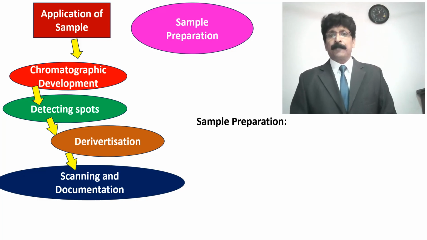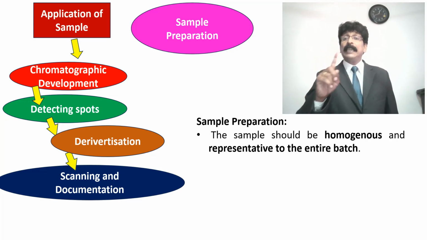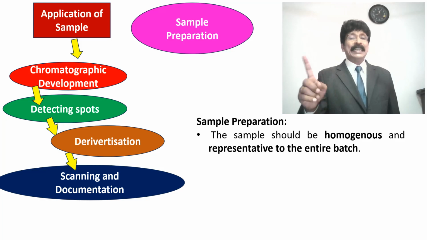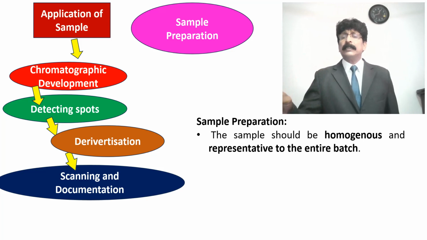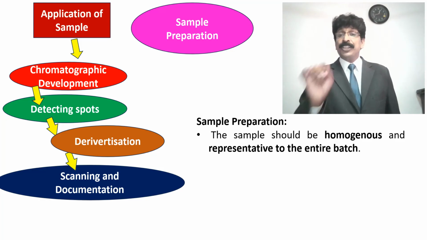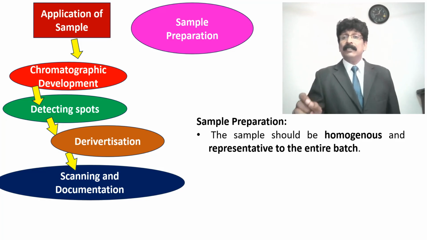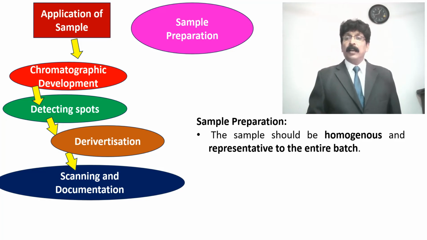scanning and documentation. Sample preparation: the sample should be homogeneous and representative of the entire batch. You are doing different batches, the sample with different solvent systems. You may be doing two-dimensional separation. Whatever the sample may be, if suppose it is senna, the powder, extract, or whatever the material, it should be homogeneous and